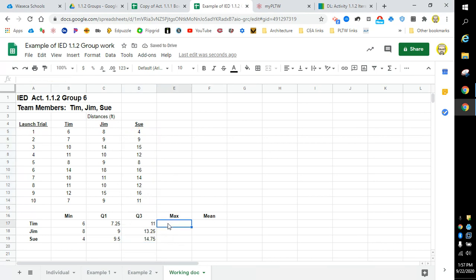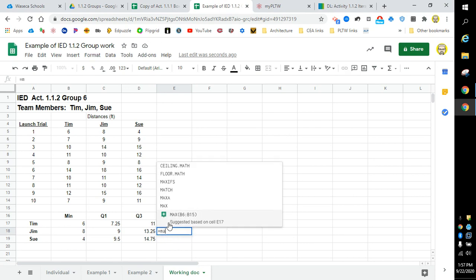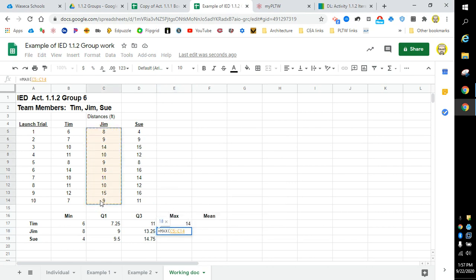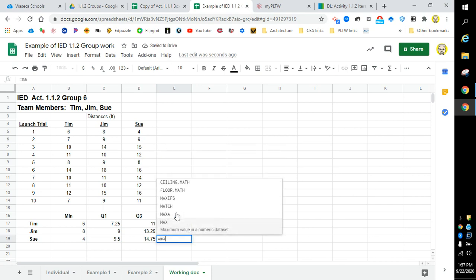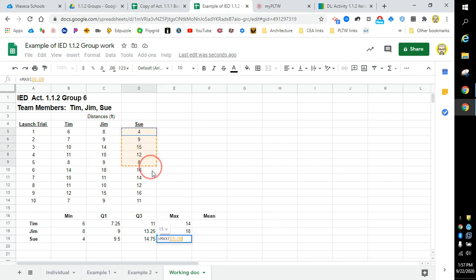And finally, we want the max for each of them. So max, we're starting with Tim. So just keep yourself organized here. If you don't, you can get some incorrect numbers. So equals max of Jim's data and equals max. Remember to always click your formula. I've made the mistake too many times. I don't click my formula and I get some weird responses. All right. And the last thing equals